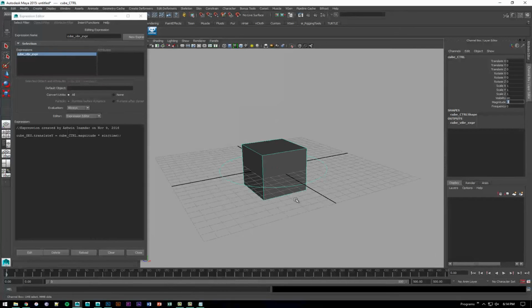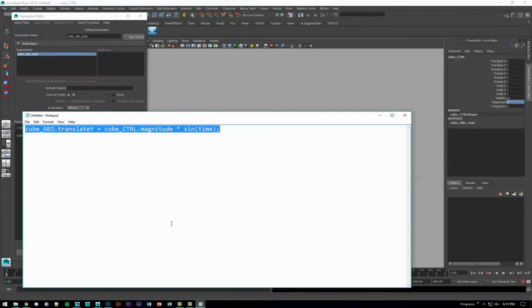Let's also now account for frequency as to how fast the cube needs to go up and down. And to make that happen, I'm going to simply multiply frequency inside the brackets here. Now, once again, frequency is an attribute and it can't be used like this. So I'm going to go ahead and say cube underscore control dot frequency. Right, so frequency is an attribute which belongs to cube underscore control. Let's copy this over,